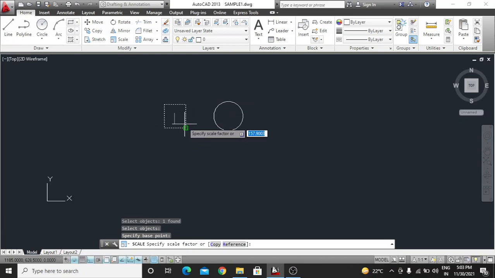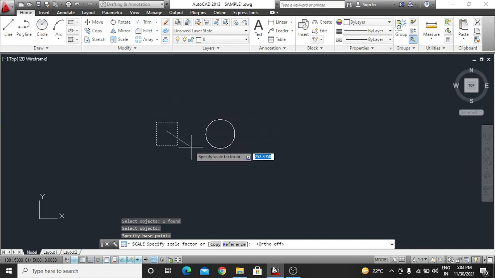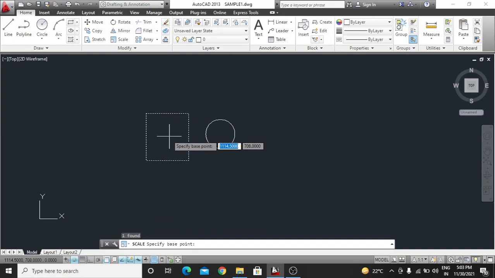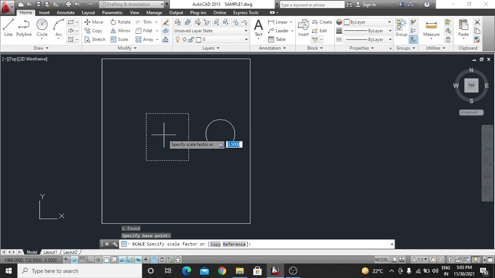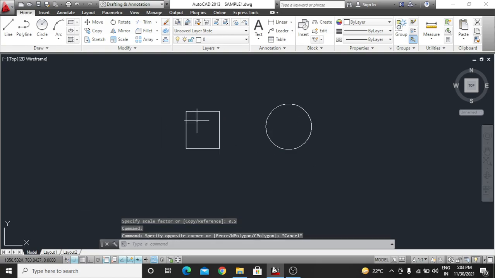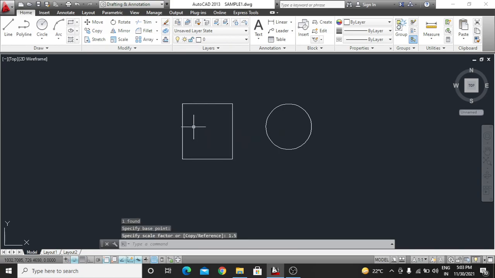So guys, you can see in the scale, if you want to make it 1.5 times bigger or 2 times bigger, then press 2, enter, and it will be 2 times bigger. If you want to make it smaller, for half the size, press 0.5. Okay guys, so that is the scale command. If you want to scale 1.5, it will be 1.5.